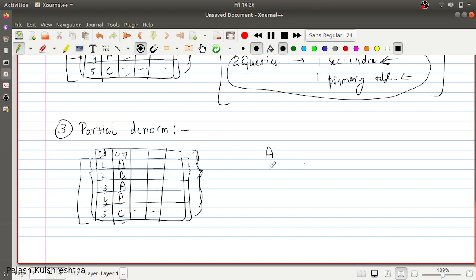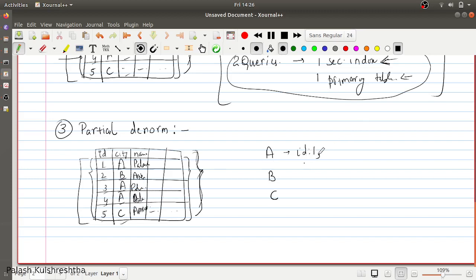So you can store A, B, and C. It is going to have ID 1, and let's say its name was Palash, Ankush, and Amrit.